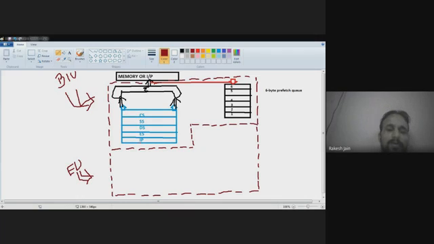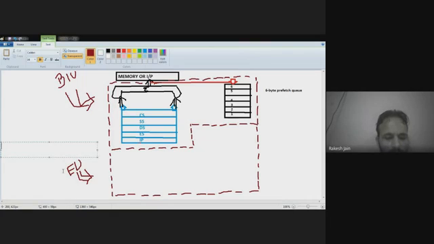The execution unit performs the decoding and execution of the instruction. For the bus interface unit, I have already written down all those things in the previous slide. Now I'm going to write down about the execution unit.